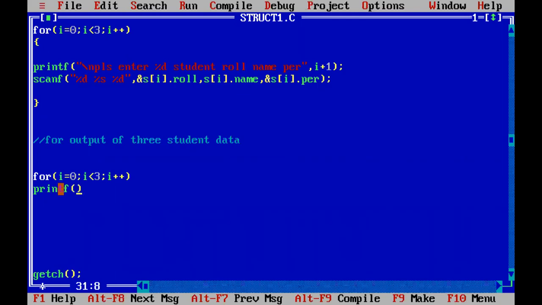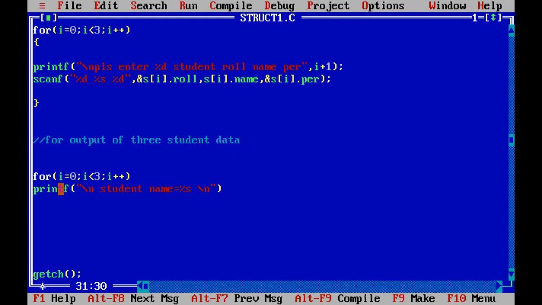In the double quotation, I am writing a new line, and first what I have to print? Student name. Student name equal to percentile s space, again one more backslash n I am using here.